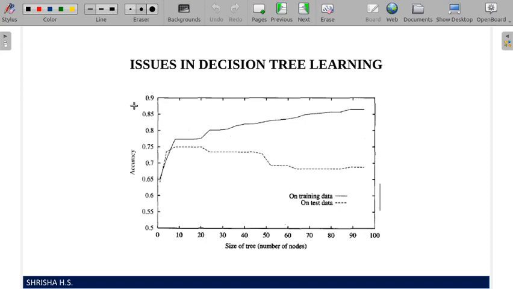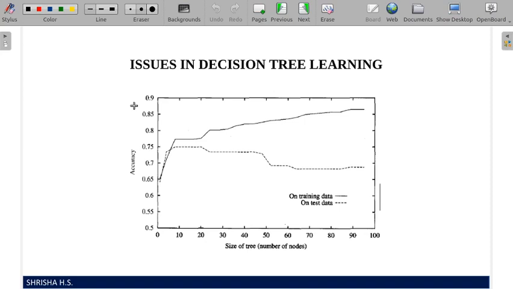If you observe, as the size of the tree grows, the accuracy on training data increases. It may even reach 85%, 87%. But as the size of the tree grows, it tends to overfit the data, and on test data, meaning new instances which are not involved in the training,